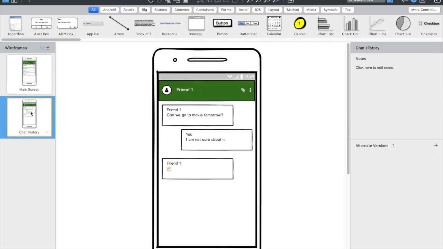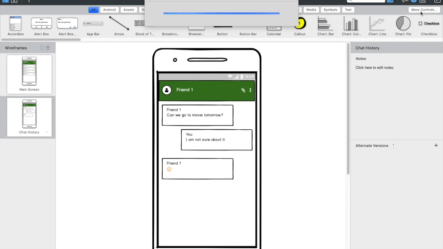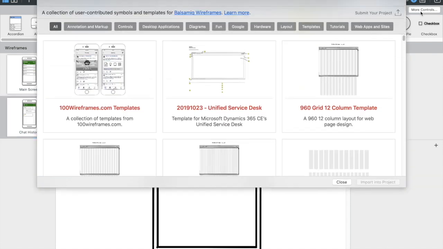So yeah, you can get the idea of what wireframes are all about, and what you can achieve from wireframes in your day-to-day tasks in your organization, for your client work, etc. And also here is one thing, quick action, more controls on the right hand top side, all the templates and multiple widgets, multiple layouts, grids, available for you to use in your current project.